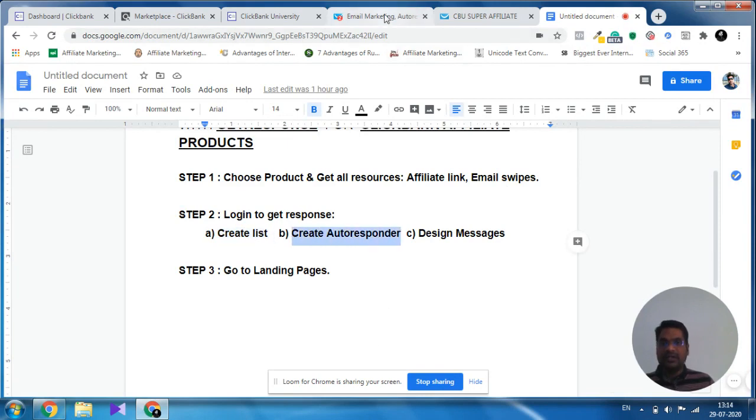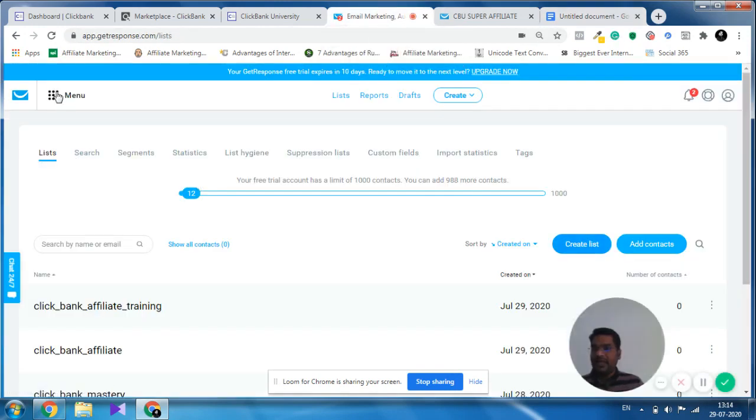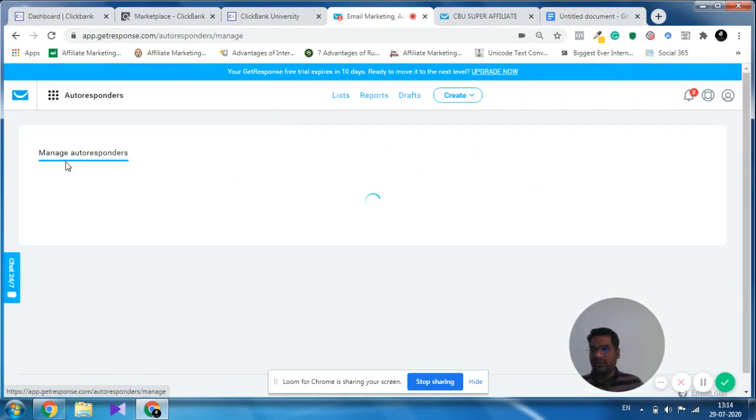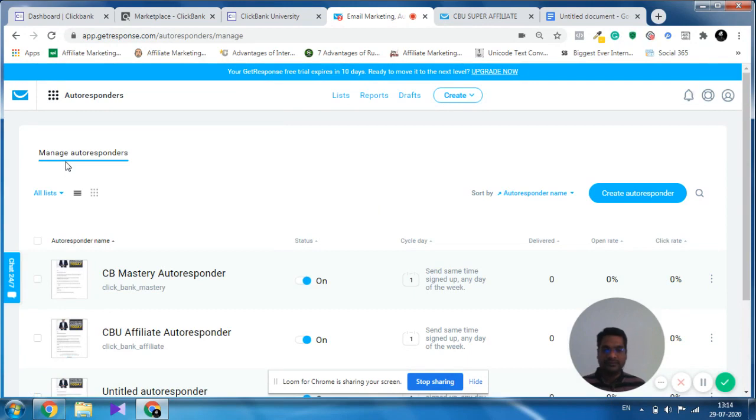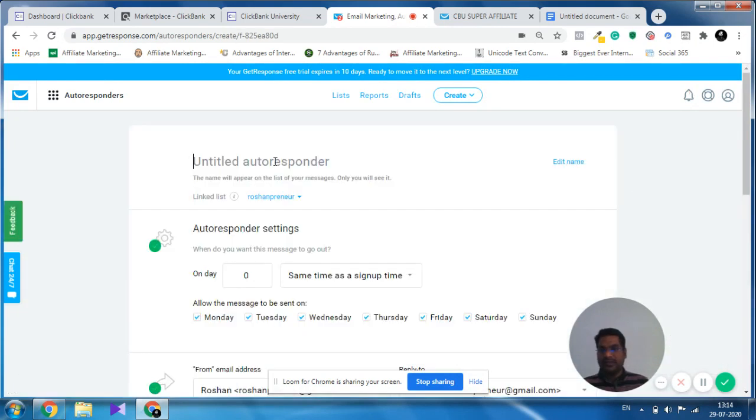So let's go to GetResponse again and click on autoresponder. Here we have to click on create autoresponder. We have to give it a name.